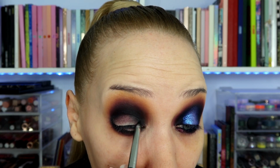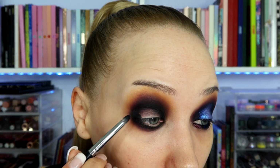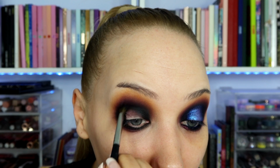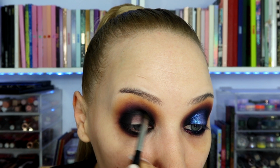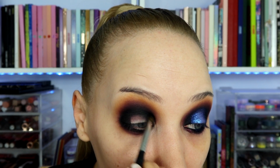And then I'm going to take more black and just pop that on the inner corner and the outer corner. I don't intentionally always use my Morphe brushes, but they're just what I reach for. And then back in with the M506 just to re-intensify that black in a nice circular shape. So I'm just going to go back in at this stage with all my shades and just